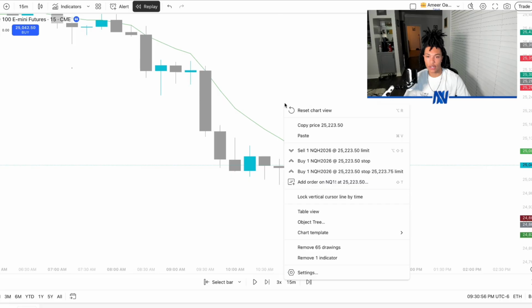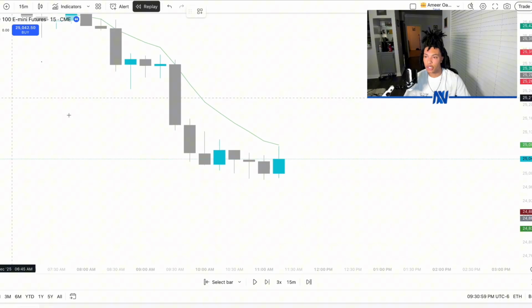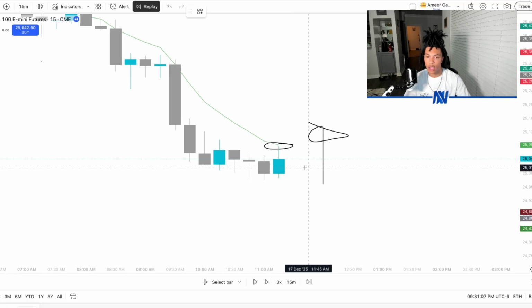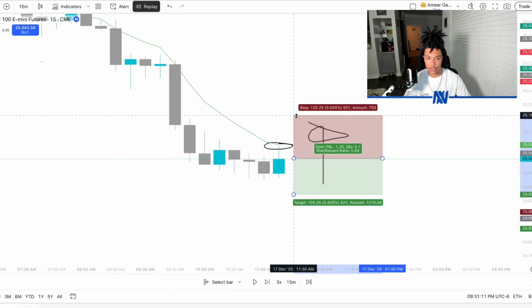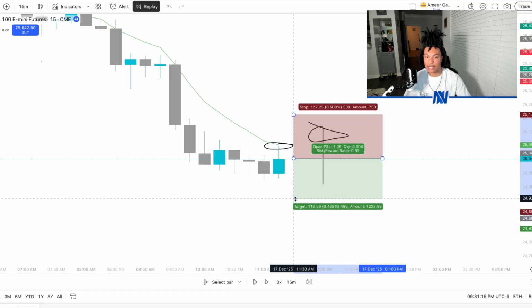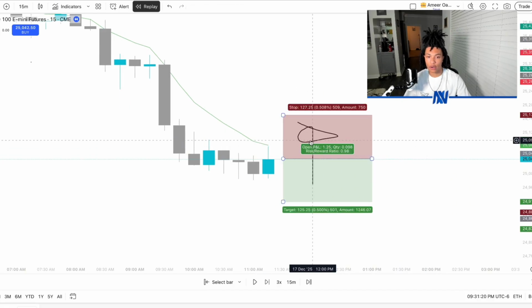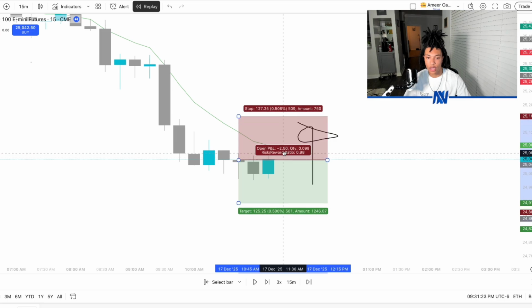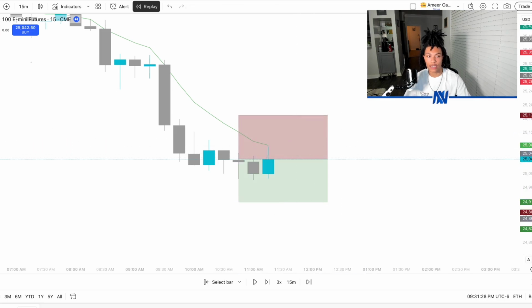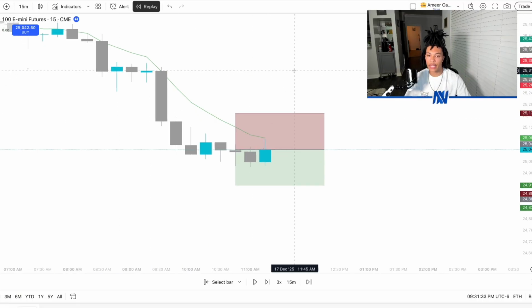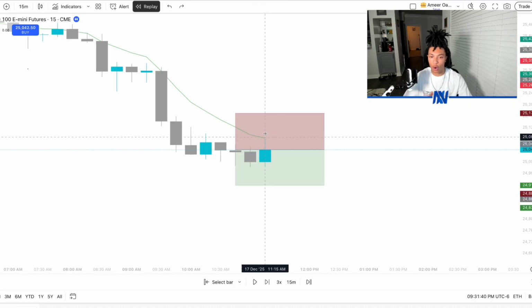So let's just use this for example. It ended up trying to make a push up, but we had a confirmed rejection candle right here. And then once we get in, let's just say that we get in with 500 ticks. As we can see, instead of 1,000 ticks of stop loss, we have 500 ticks, which is completely manageable. And on top of that, we also have enough room to spare to the point where price is still under this 8 EMA, and we're not risking too much in tick value, but it's still to the point where we see this pullback happen